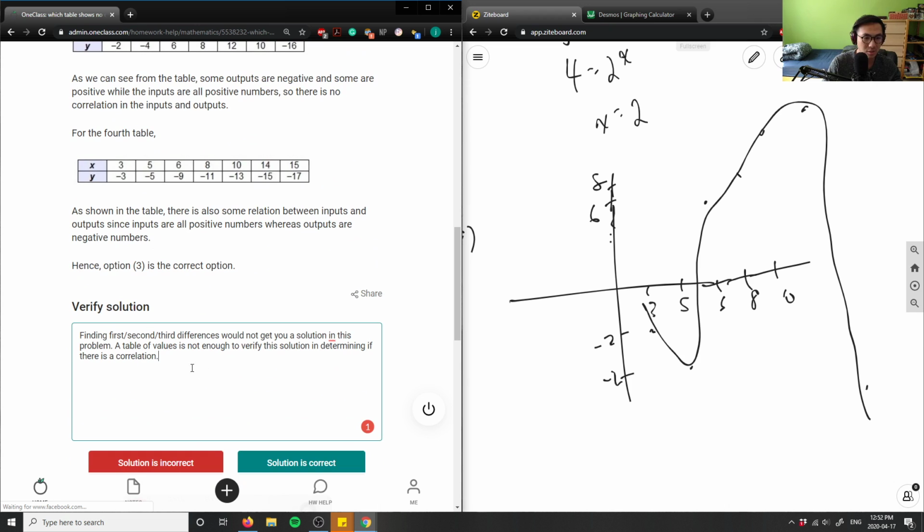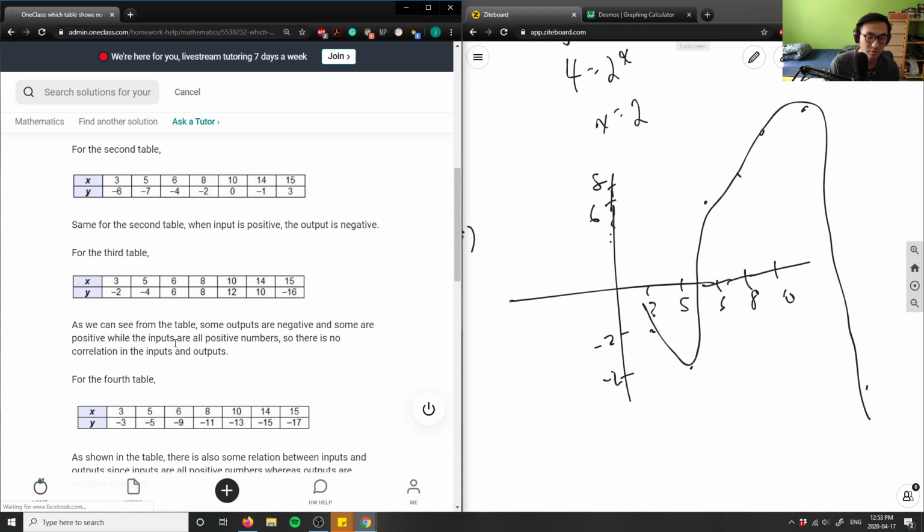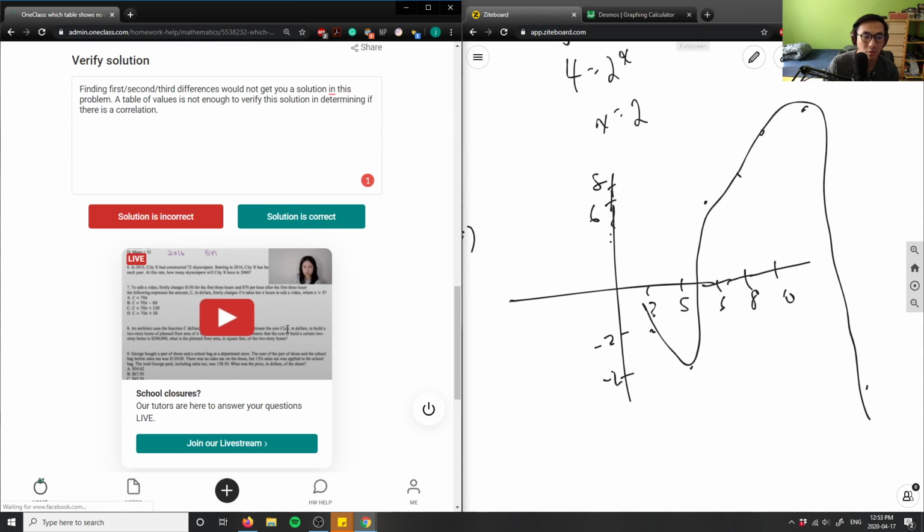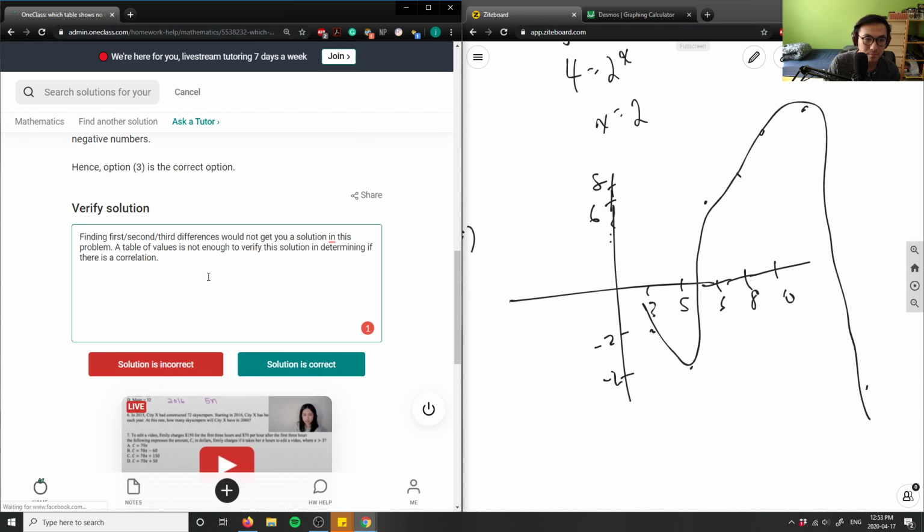So I'm going to just say table of values is not enough to verify the solution, but I guess in this case, the definition here, they're saying it's both negative and positive, so it's more likely that it's probably not a function here, or not. There's no correlation. However, I do see the argument in saying that y values are both negative and positive, meaning that there is no